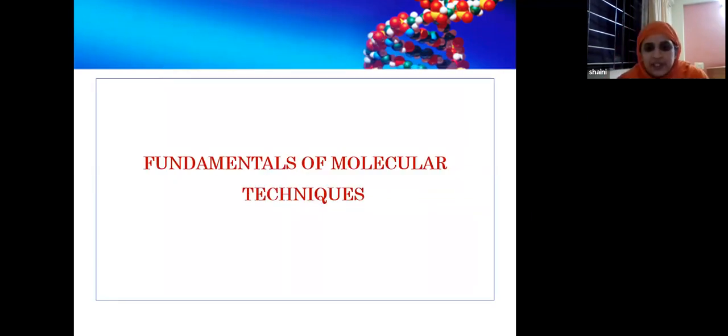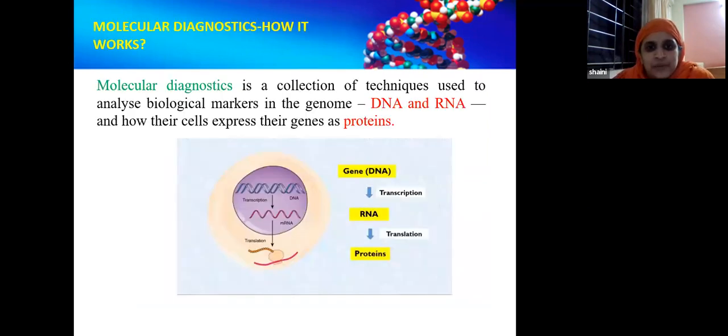Now, what is the principle or the fundamentals of molecular techniques? Now we are breaking it into molecular and immunologic techniques. Okay. Molecular techniques are when we are testing either the DNA or the RNA or the proteins which are produced by translation of the RNA. Okay. So from gene to RNA, it is called transcription. Just remember that because we'll be coming back to that later. And RNA to proteins is called translation. So testing any of these is generally called molecular tests.